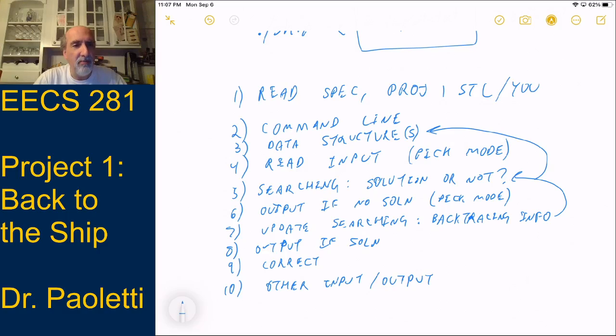Don't use pointers. Don't use pointers in this project. They are not your friend in this project. There's going to be enough pointers in project 2 that no matter how much you like pointers, you'll probably get enough of them or more than enough in project 2. You don't need them in project 1. They do 2 things in project 1. One thing they do is they waste memory. And the other thing that they do is they force you to waste more memory, because a pointer doesn't give